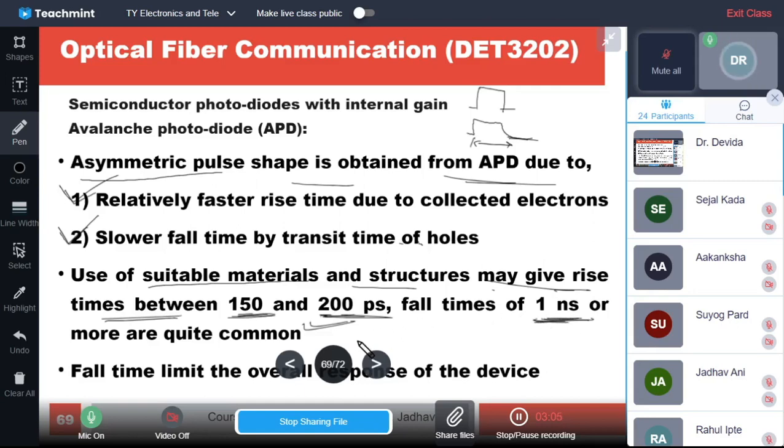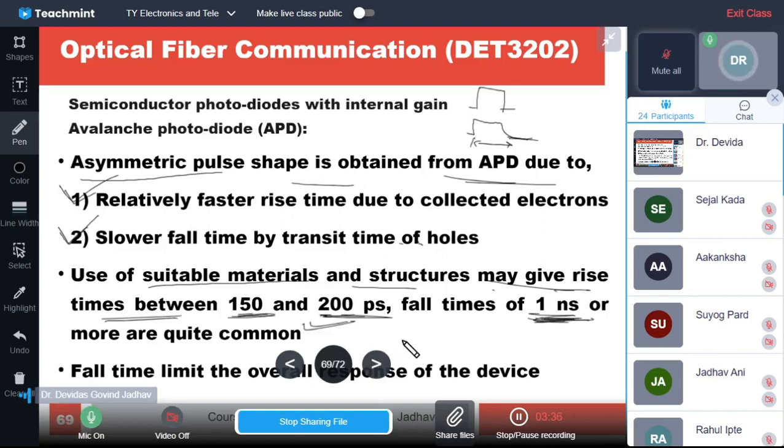And the fall times limit the overall response of the device. Fall time limits the overall response of the device, because they are dominating. Fall times are dominating, rise times are very fast. So whatever the fall time is there, that limits the